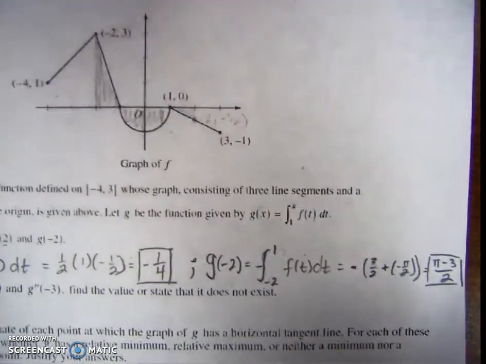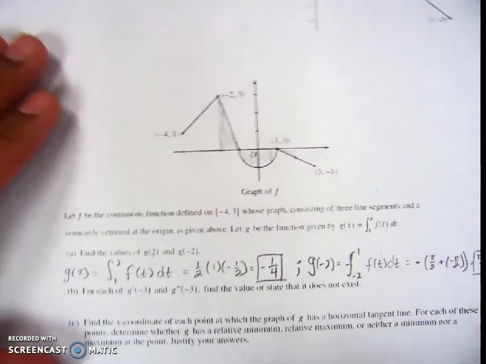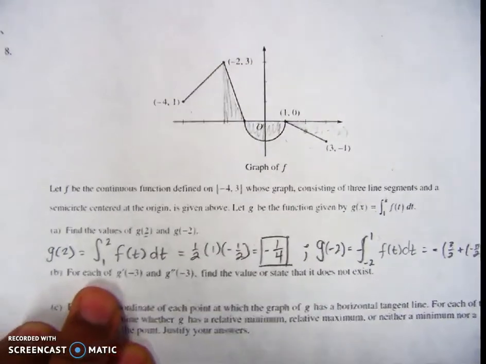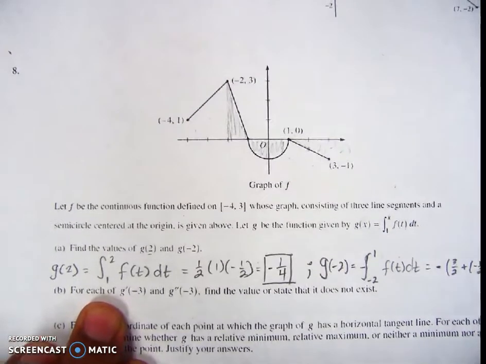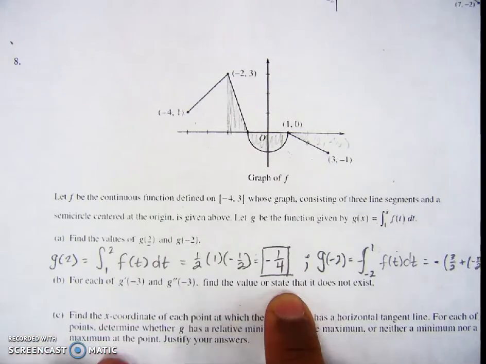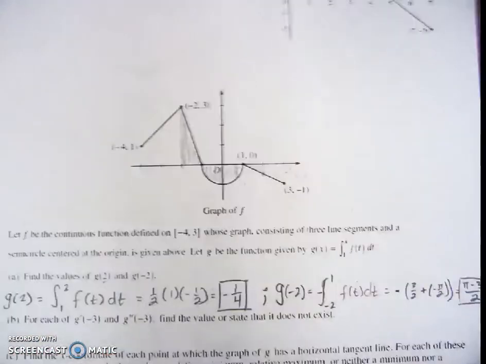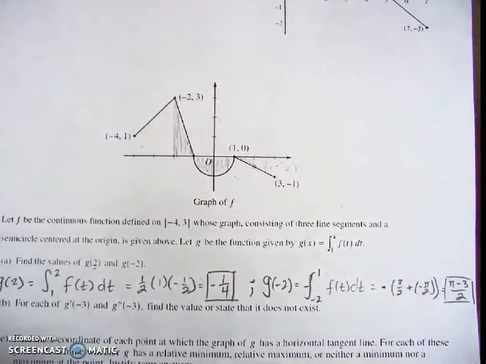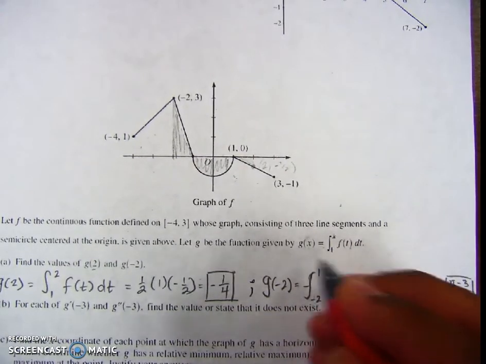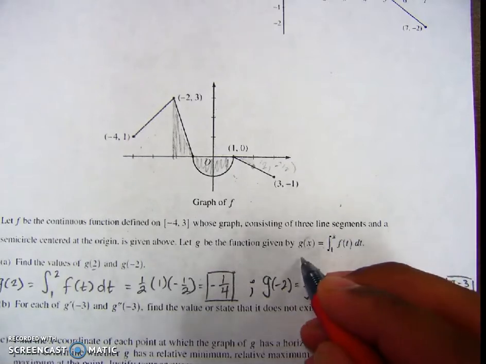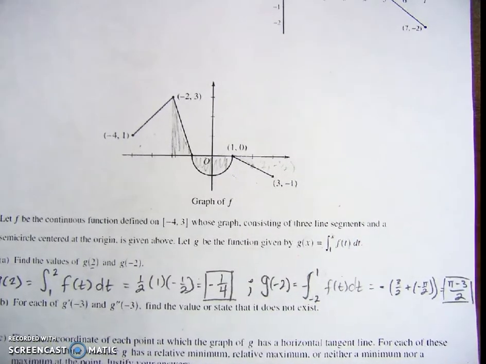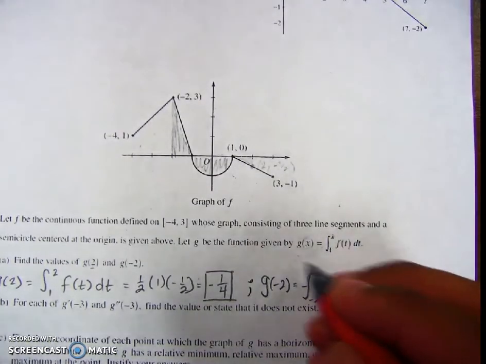Alright, so for part B, now it's asking for each of g prime of negative 3 and g double prime of negative 3, find the value or state that it does not exist. So what we have to do is we have to take this one step further and differentiate both sides. So g prime of x, now what we're doing is we're using the other fundamental theorem of calculus,